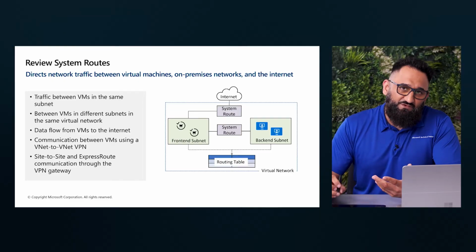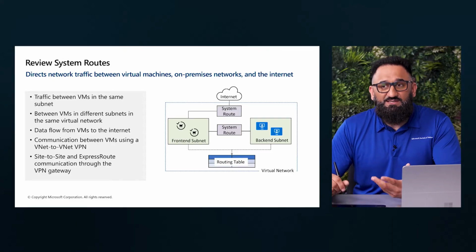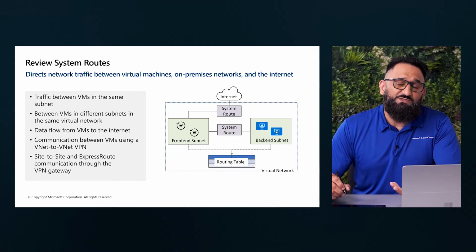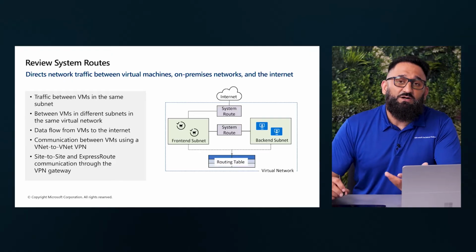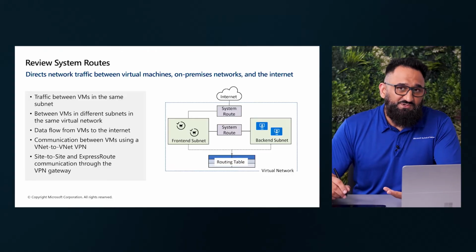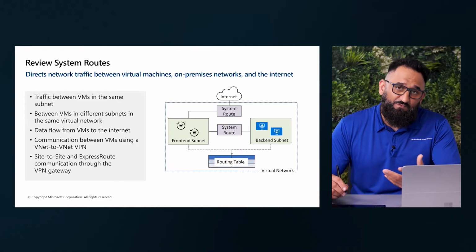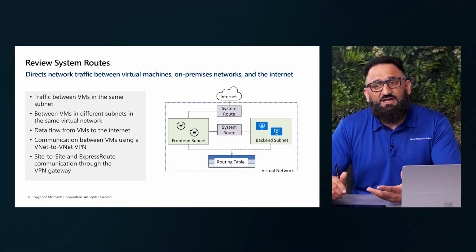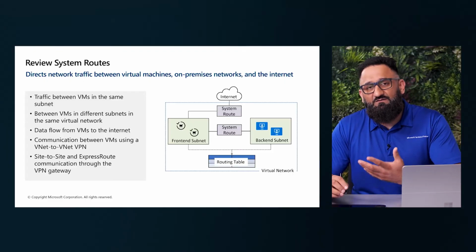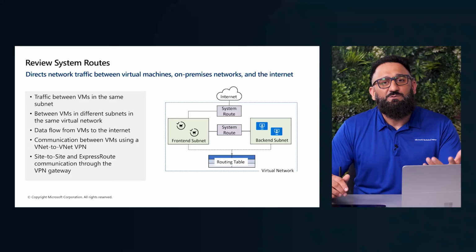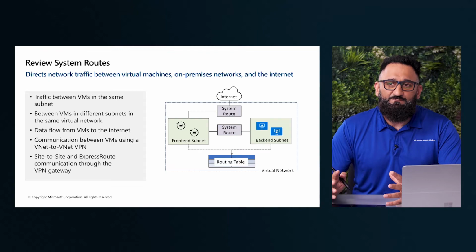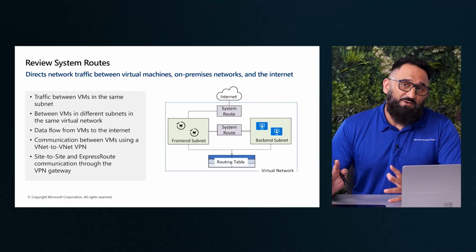For example, if you have a virtual machine in a virtual network, in a subnet, then it will start creating entries for that virtual machine on how that virtual machine can connect to resources that might live in the same subnet or other subnets within the same virtual network. If you have traffic going from that virtual machine to the internet, how that traffic can flow from that virtual machine and what path it can take to reach out to other resources. Now, as you add further resources, things like peering that virtual network to another virtual network, it will simply keep on adding other paths to it. And this is something that we refer to as a system-defined route, which is simply maintained and managed by Azure.